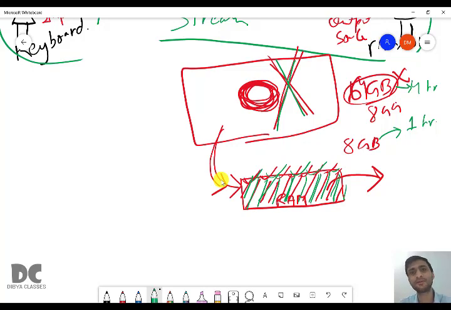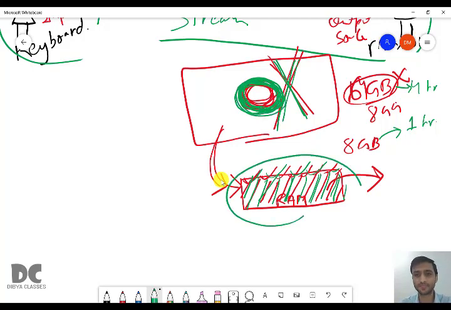Okay, so what will happen? It will stop there and it will start this round and round. Means it is trying to download, but it is not able to because your net is disconnected. So your video pauses and it starts rotating. The rotating means it is trying to download. And this memory which was downloaded is known as buffer memory.